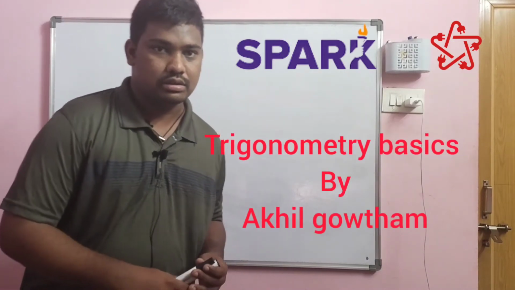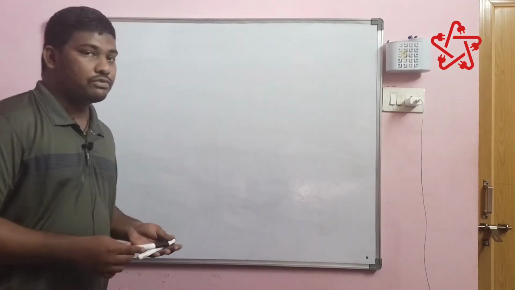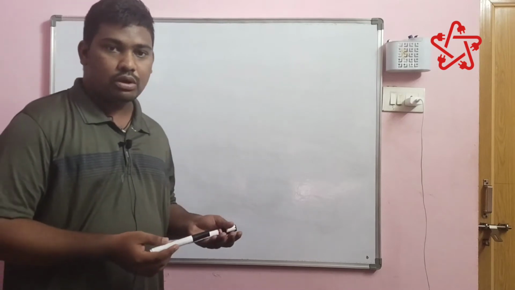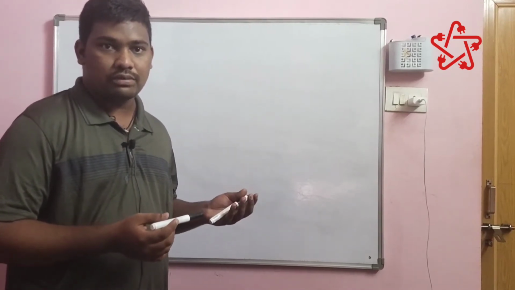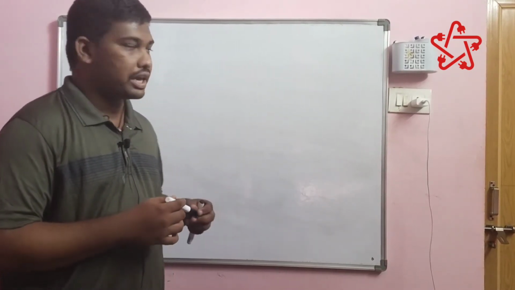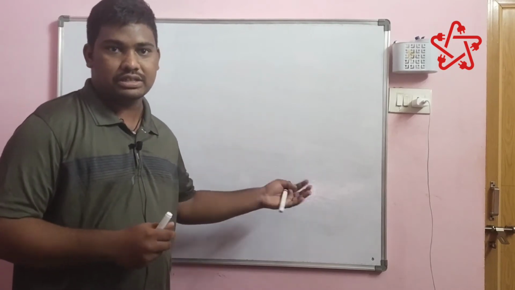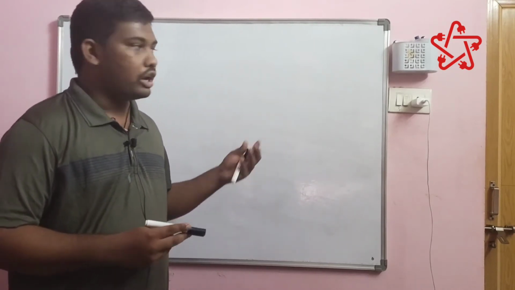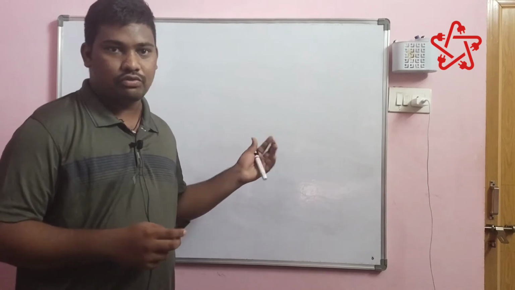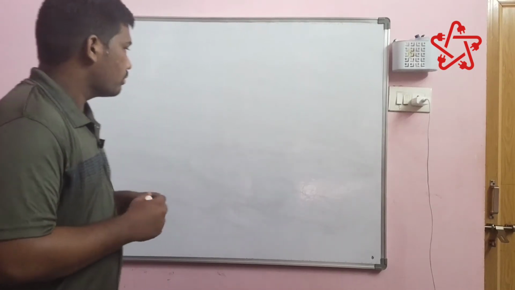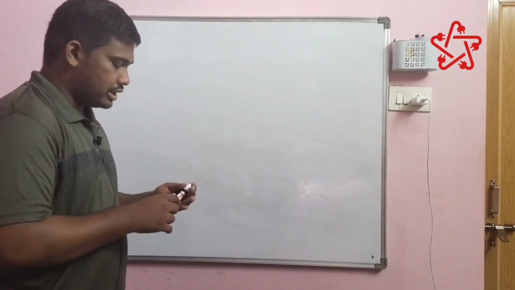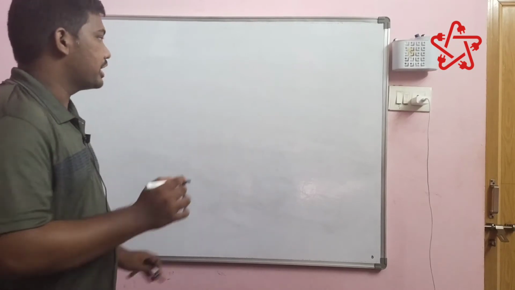Right. Now, many of you don't even know how to find the values of certain trigonometric values like sin 30, cos 60, etc. Now, I will show you some sharp tricks to find the trigonometric values. Before going to that, let us know some basics about trigonometry.